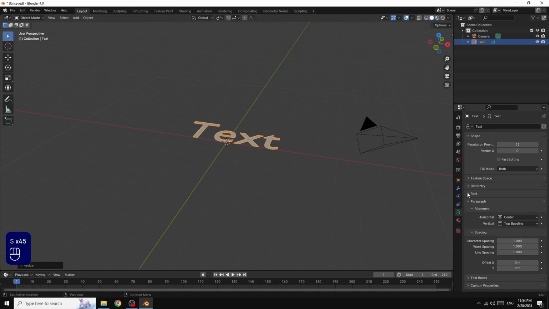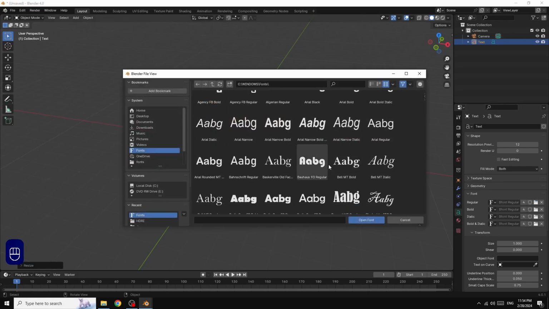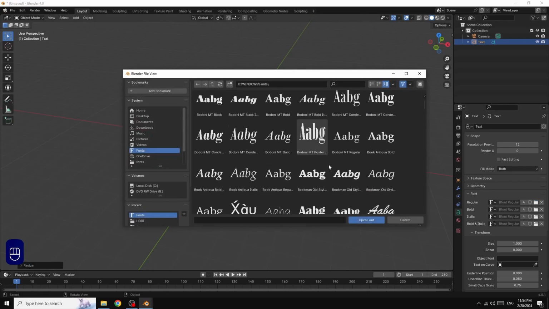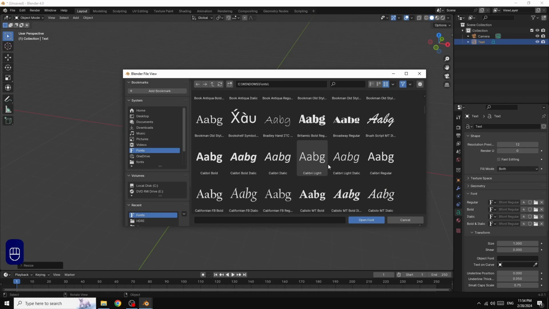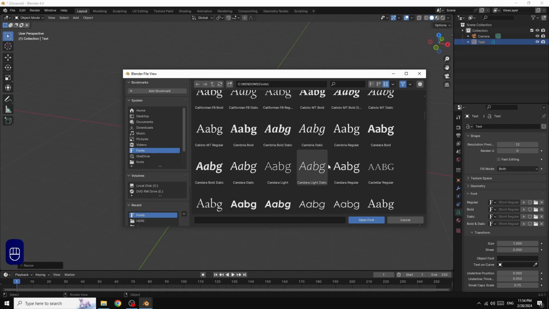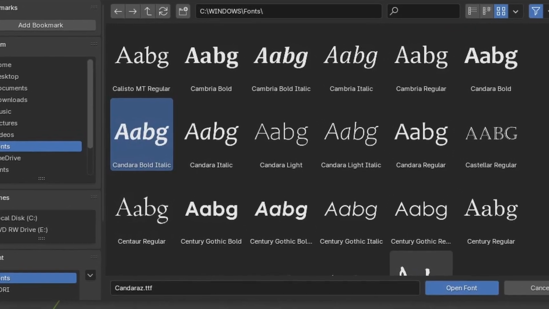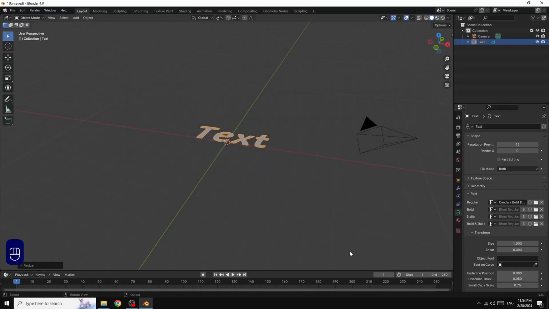Now we go in the font and we choose a font. I chose this for this tutorial.